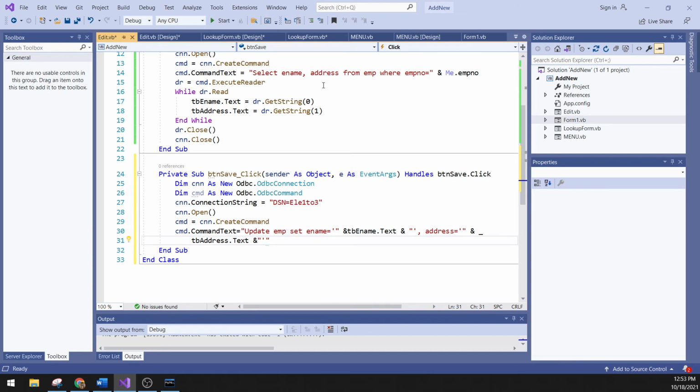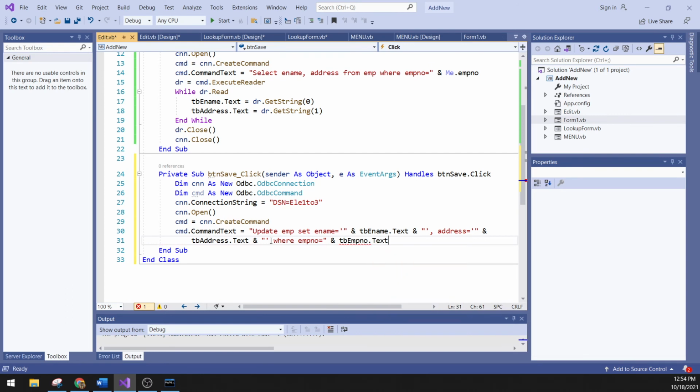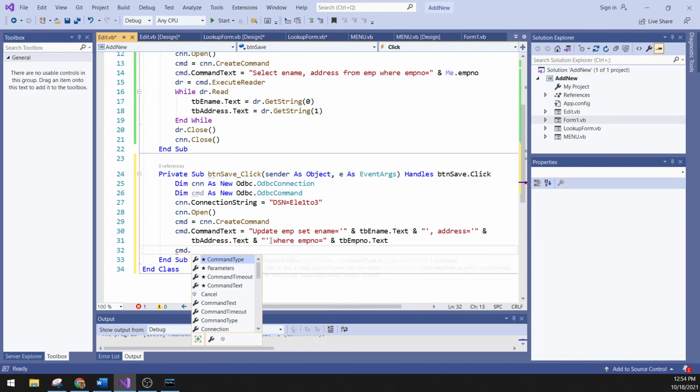So update emp set ename single quote for that, address single quote for that, and then we'll have the where. Empno is equals to whatever is on the tbempno. There, and then we'll have the cmd.ExecuteNonQuery,